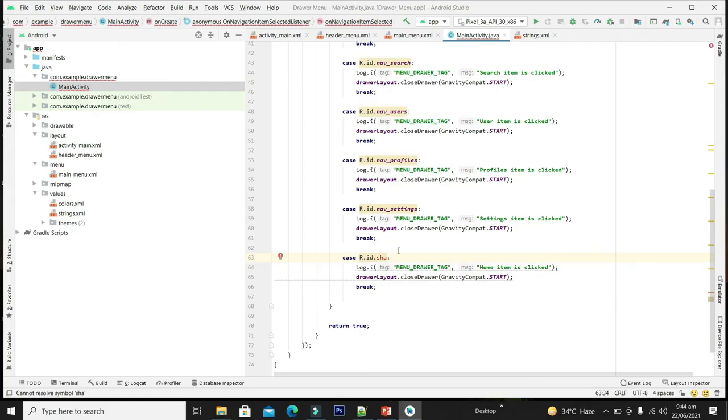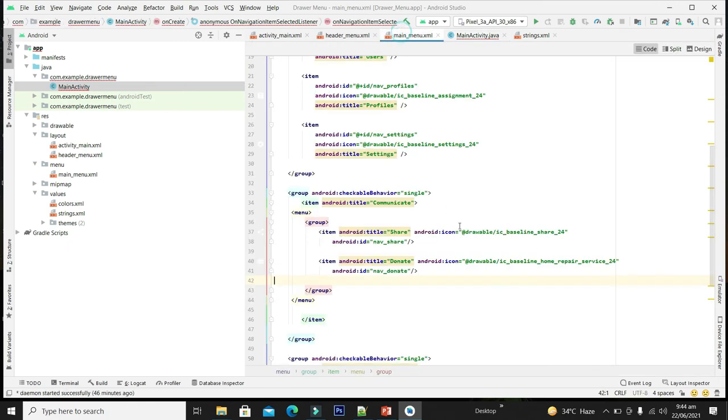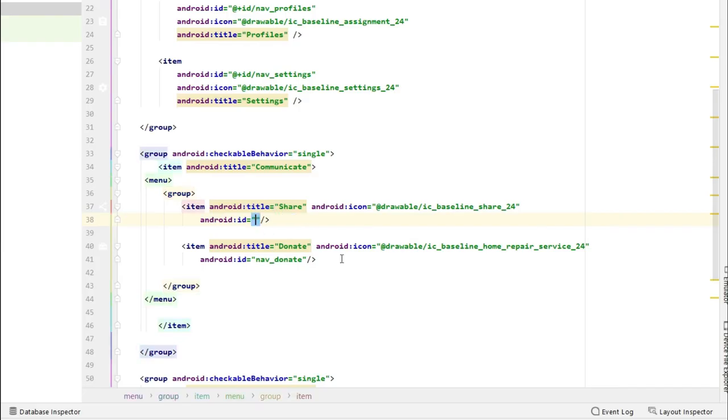So we are not receiving the suggestion for the share ID. Let me check. Okay, we have not written the ID here. Let me add it.